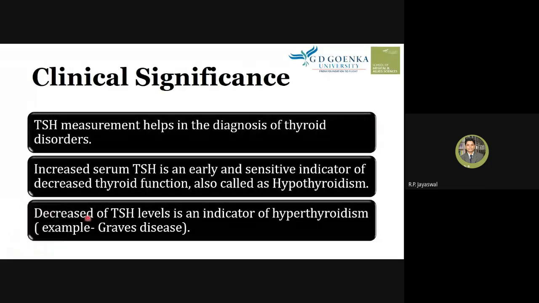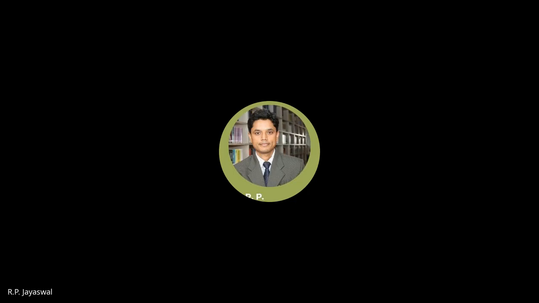When there is a decreased level of TSH, what does it indicate? It indicates hyperthyroidism, which means there is increased thyroid function. And this is Graves' disease. It is an autoimmune disorder. In this autoimmune disorder, Graves' disease, there is an increase of the thyroid